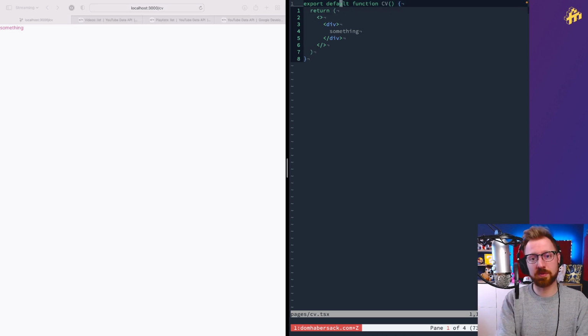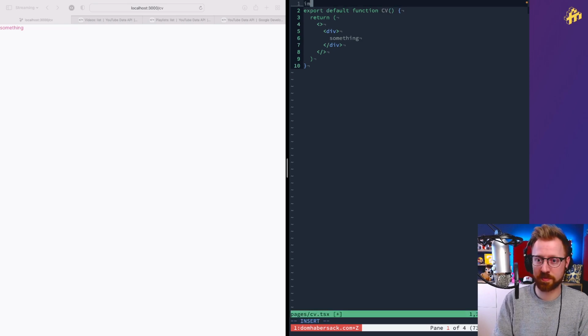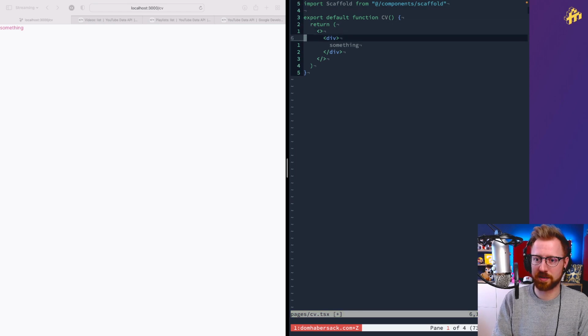Reloading the /CV now shows me something. I have a frame around my site where I have the navigation and the footer. Those I always want to show, and I call that a scaffold. This is part of the scaffold component. Import scaffold from components. Scaffold, and if I wrap everything in scaffold